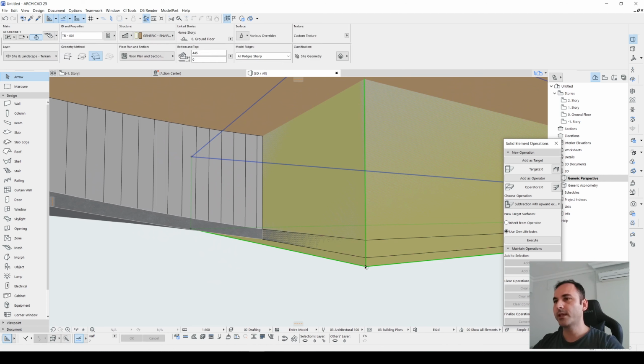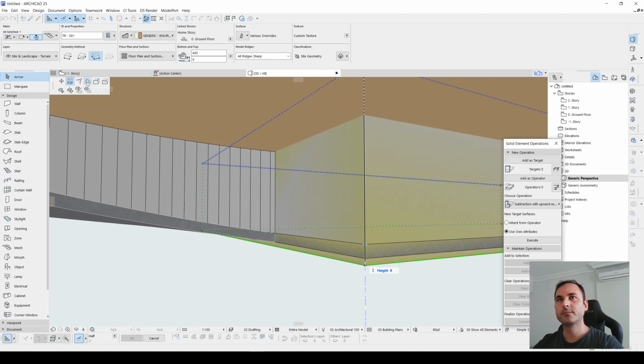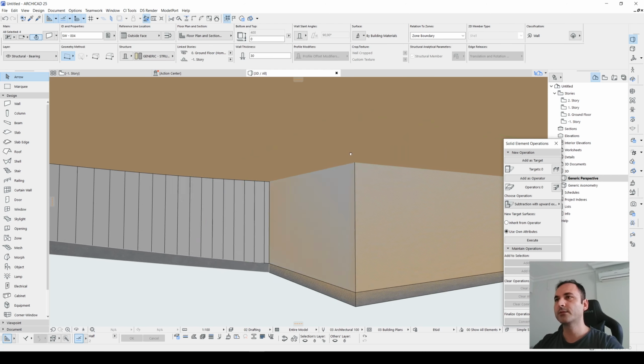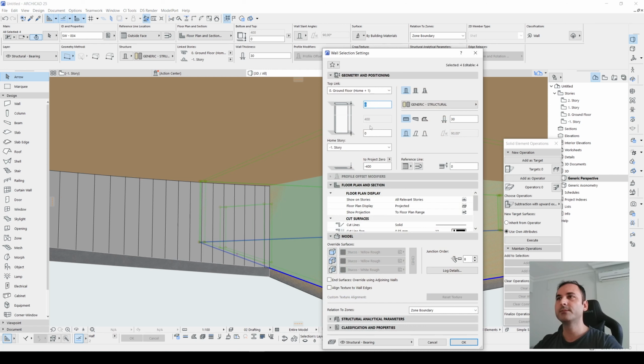Now this is okay. This one starts from here, and the height for the wall will be 3 meters. So we will click this not linked and change this height to 3 meters.